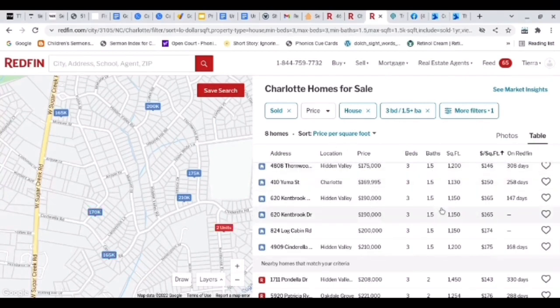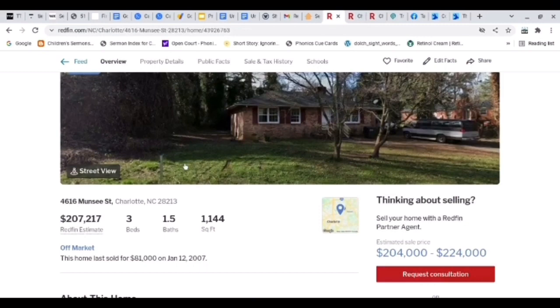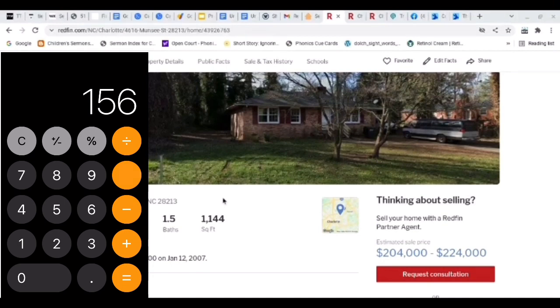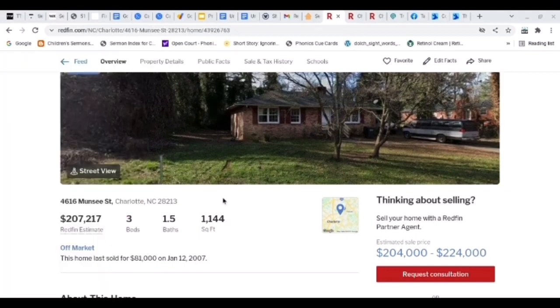We're going to then take this 156 and multiply it by our prospect property, which is the property that we originally found. So we're going to multiply 156, our median price per square foot, by our prospect's square footage, which is 1144. 1144 times 156 equals 178,464. So this is our ARV